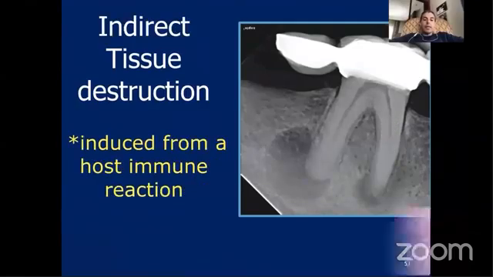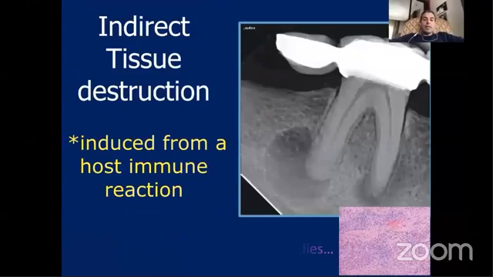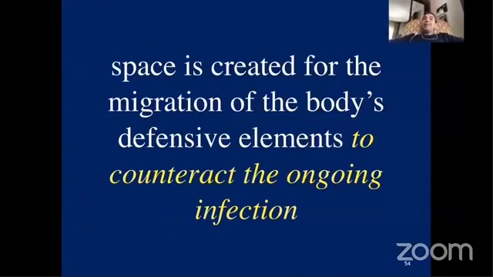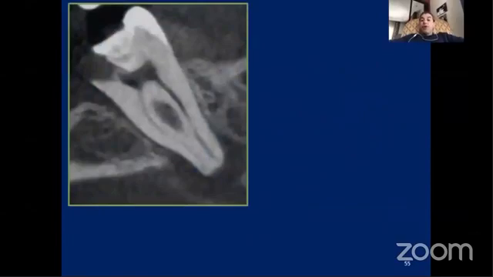So the resorption is due to the direct effect of bacteria or indirect effect of the immunity cells. Why does this bone resorption occur? Because we need a space, and this space is created for the migration of the body's defensive elements to counteract the ongoing infection. So you can imagine here, this tooth which is filled with microorganisms caused bone